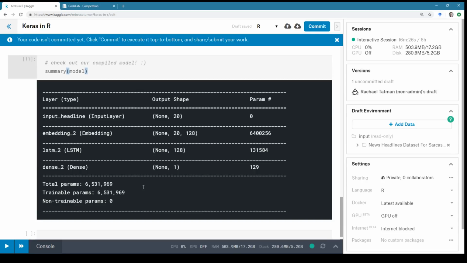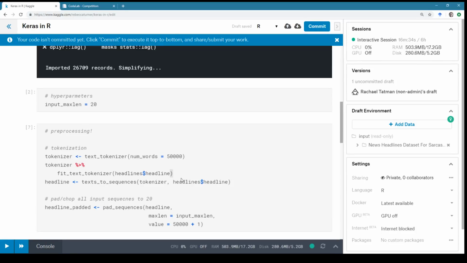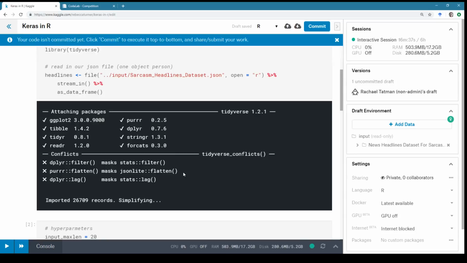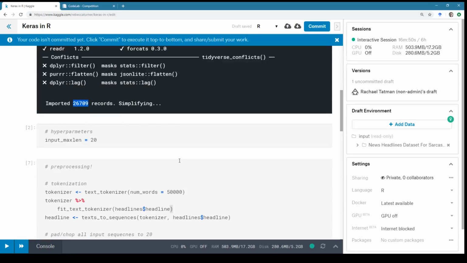And it's got a couple of trainable parameters. So that we're all good with. So our model is pretty much set up, and this is a good baseline, I think. And we don't actually have that many records, so we only have 26,000, and we're about to chunk those a little bit more.